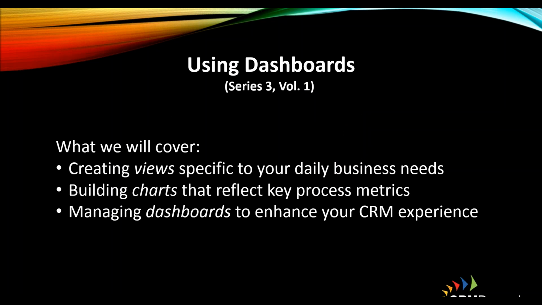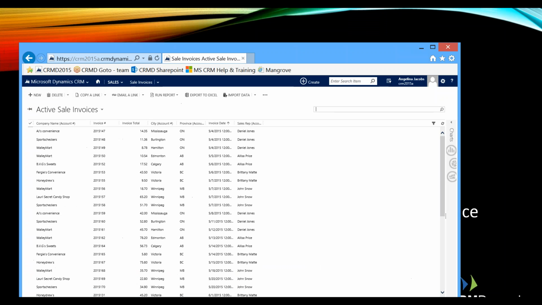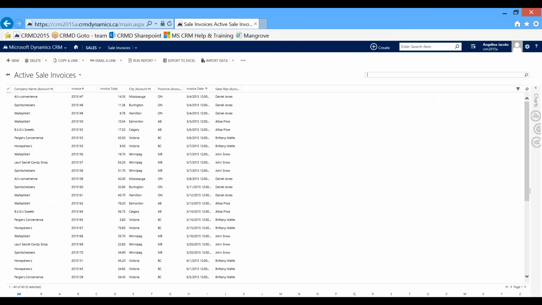So to begin, I will be using CRM 2015. Depending on the version you use, things may look different, but the concepts are the same. And for this session, I am going to be looking into sales. So I'll bring up my CRM here. So let's say that I'm just part of